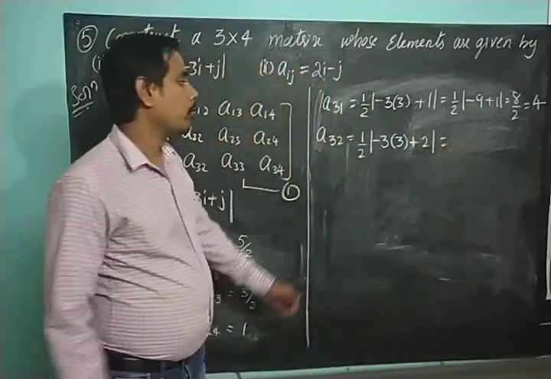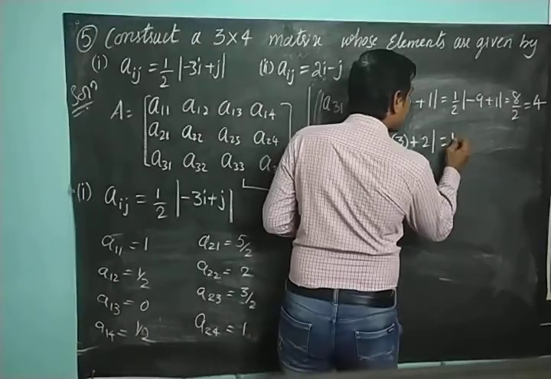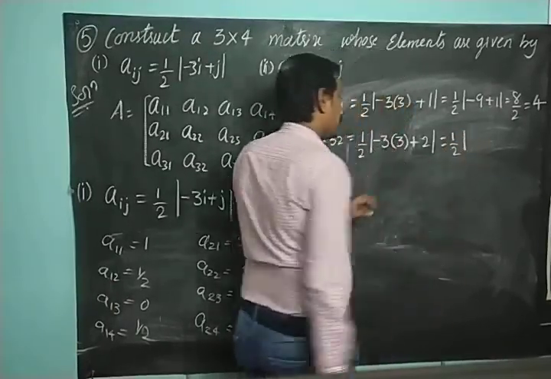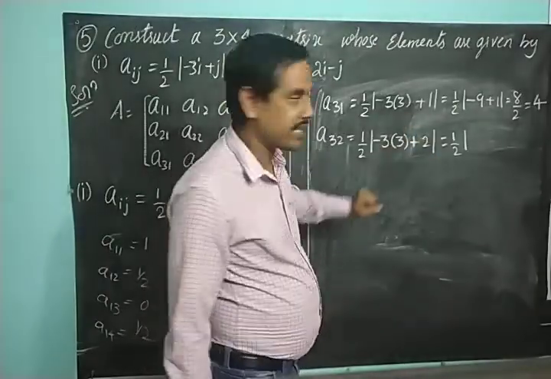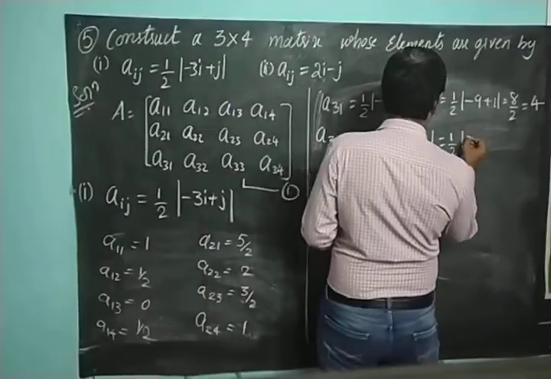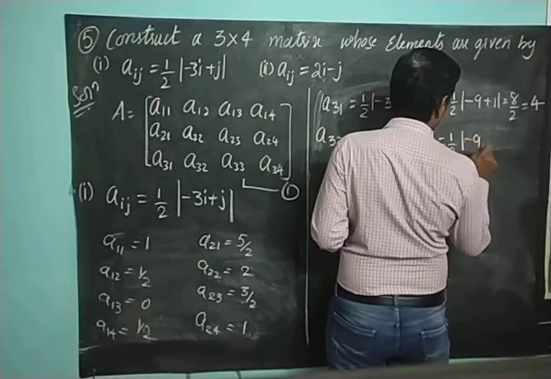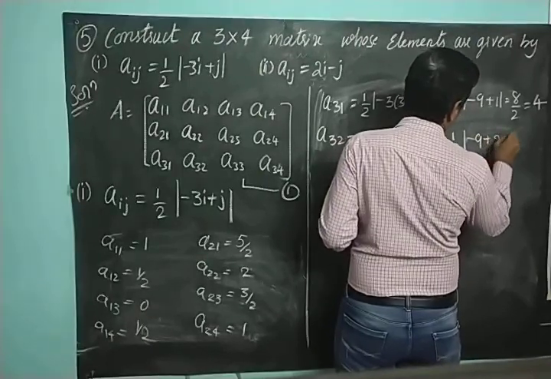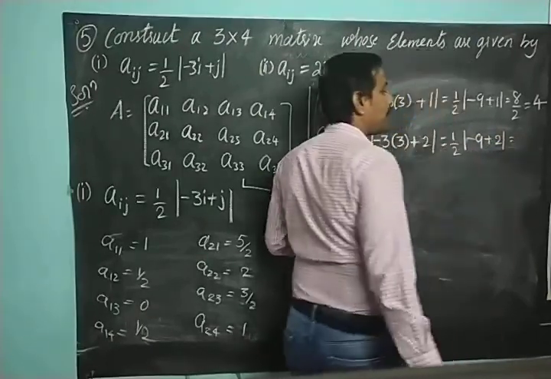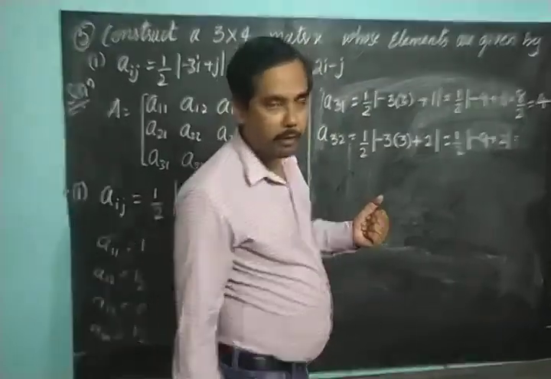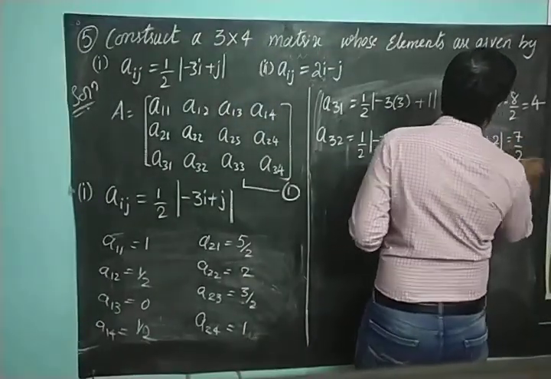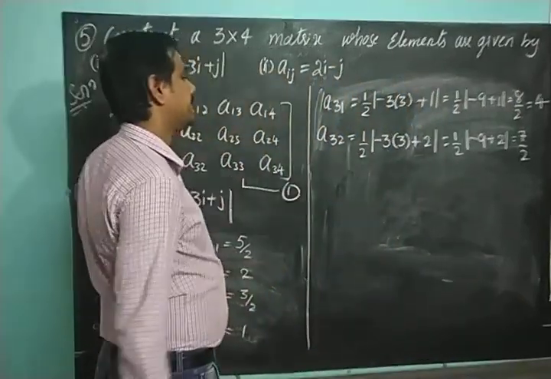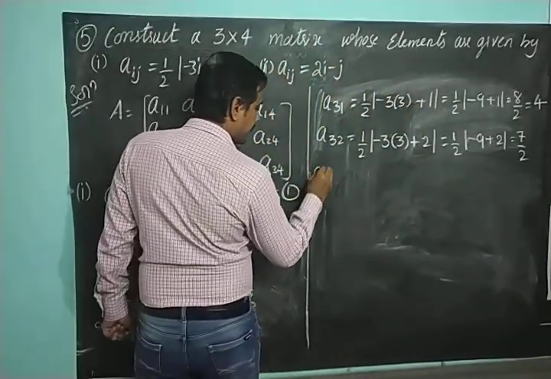Okay. So 1 by 2 as it is. Minus 3 into 3 is minus 9. Plus 2 is minus 7. That is minus 9 plus 2, that will be minus 7. Out of mod it will be plus 7. That is 7 by 2. Right. Similarly,